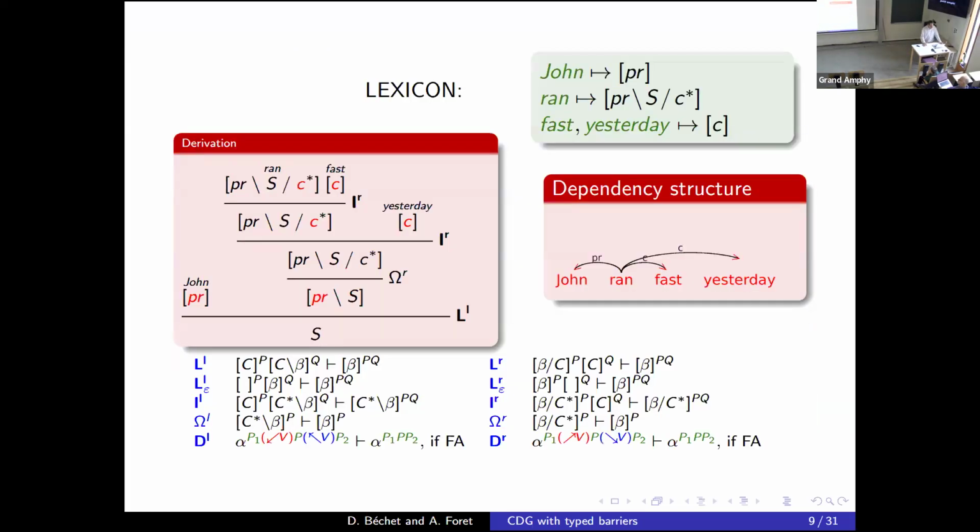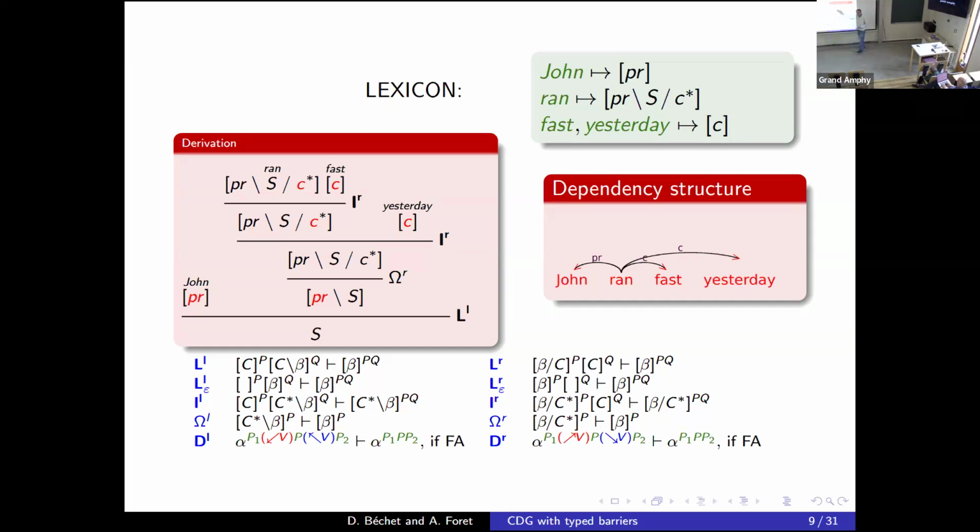Now, if we have a lexicon like this one, we can deduce the fact that "John ran fast yesterday" is a sentence which is correct for this grammar, by finding a derivation starting from the types of the different words. So we have a derivation there.